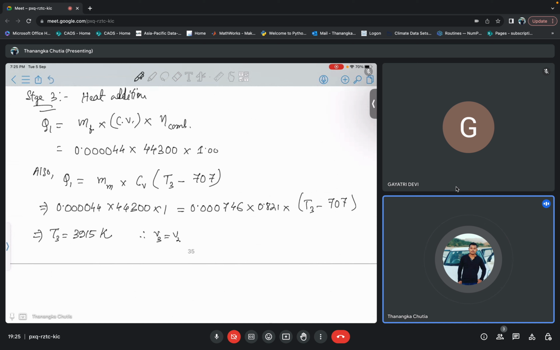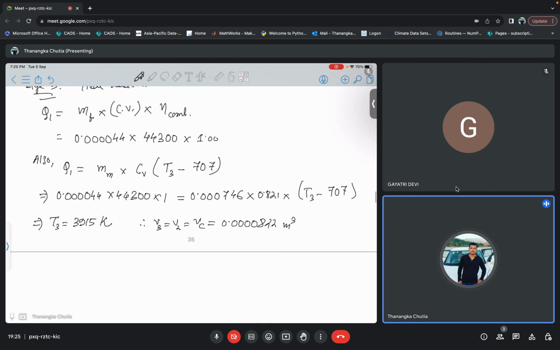Okay, and that is equal to your Vc, that is your clearance volume, 0.0000822 meter cube. Okay, now our task will be to calculate pressure. So P2 V2 by T2 will be equal to P3 V3 by T3. Again, we know that V2 is equal to V3. So from here, P3 is equal to P2 into T3 divided by T2. We have all the values of P2, T3 and T2. If you put this, you will get this one as